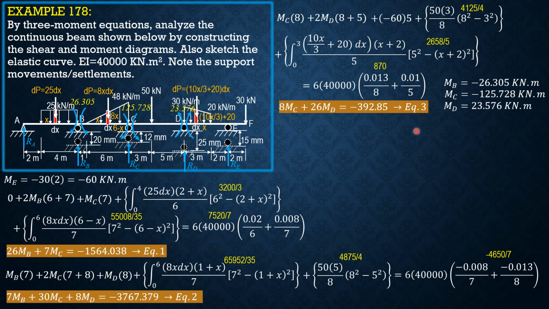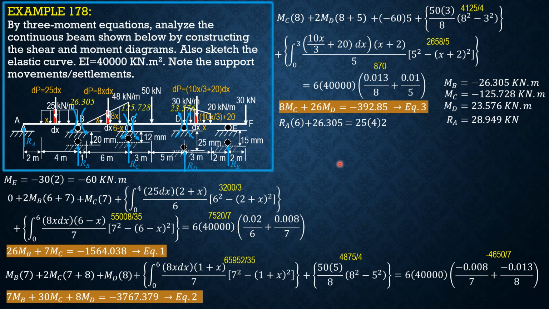And for MD, which is positive, it would be counterclockwise at the left of D, clockwise just to the right of D. So considering AB, summation of moments about B equals 0: RA times 6 plus 26.305 equals the moment of the load, 25 times 4 times 2. So from there we can solve RA equals